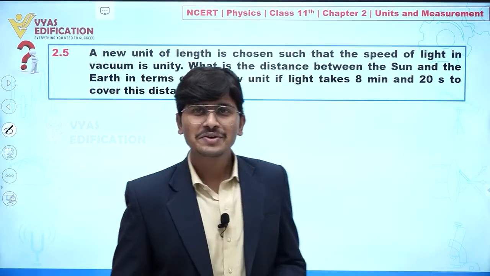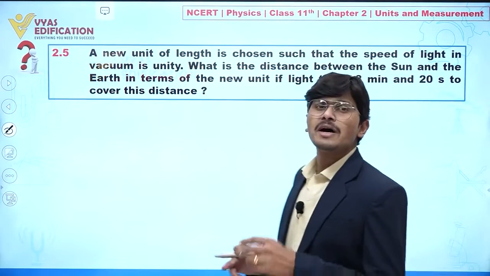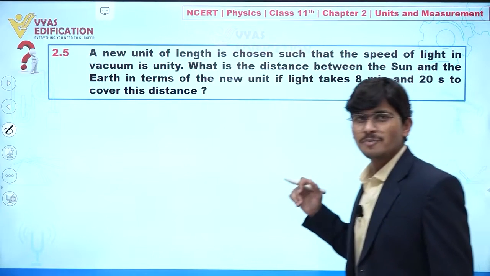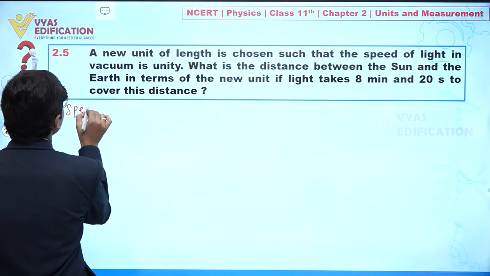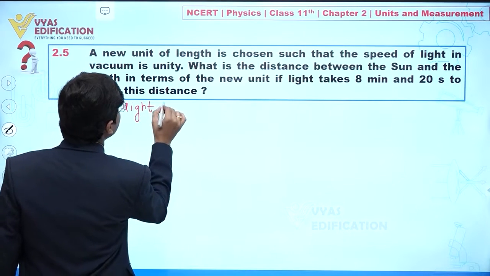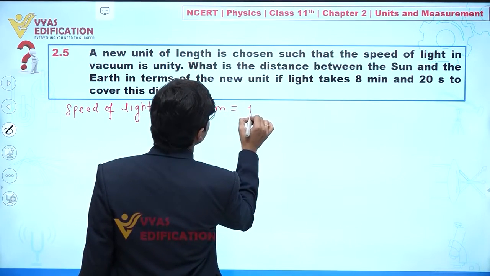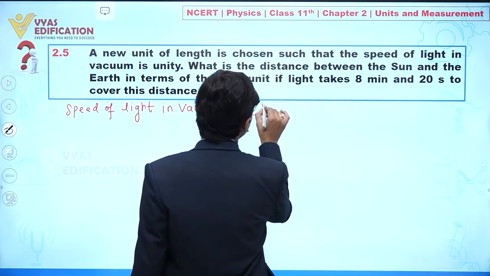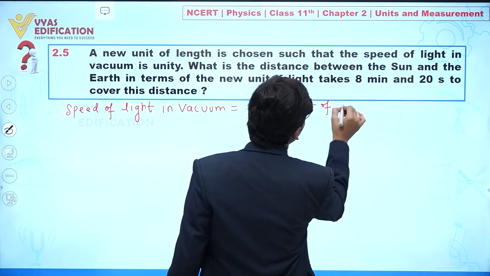Dear student, we are going to discuss question number 2.5, and in this question it is given to you a new unit of length is chosen such that speed of light in a vacuum is unity. So it is given in this question, speed of light in vacuum, this is equal to unity. Unity means we can say this is equal to 1, or we can also write like this: 1 new unit of length